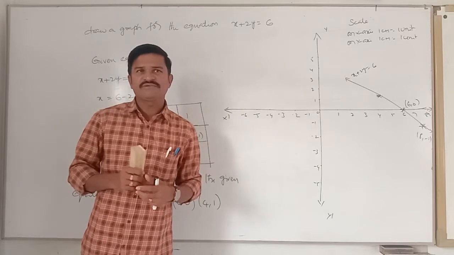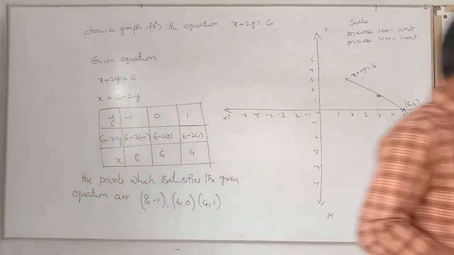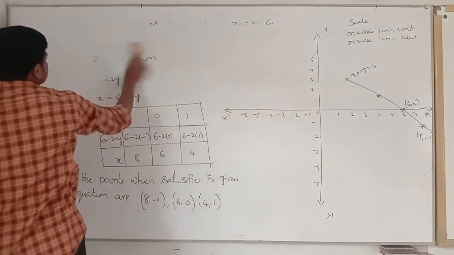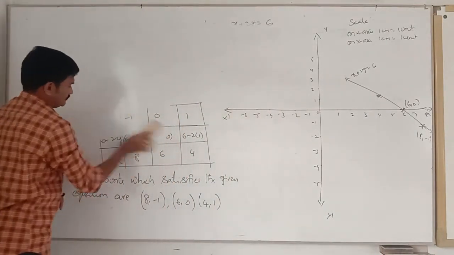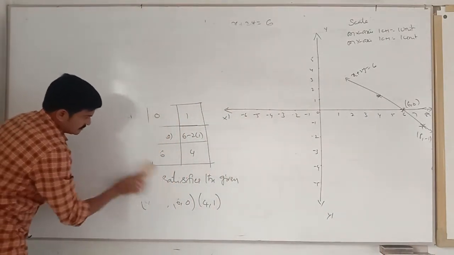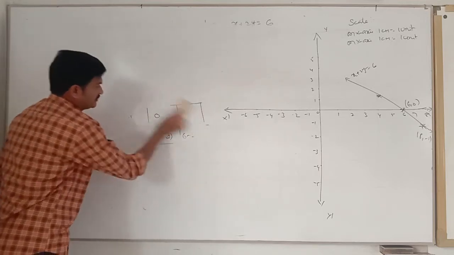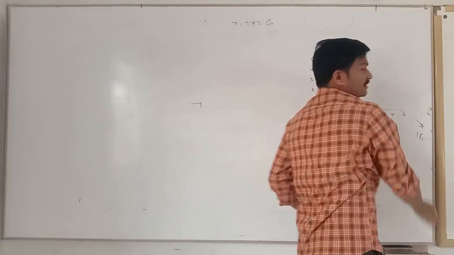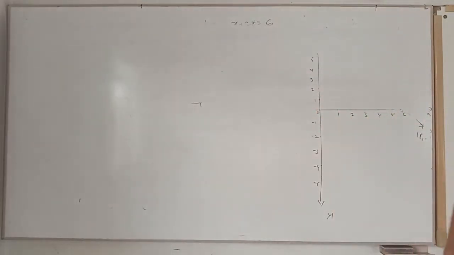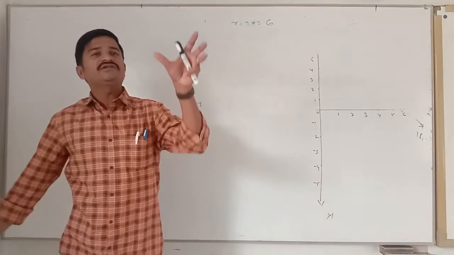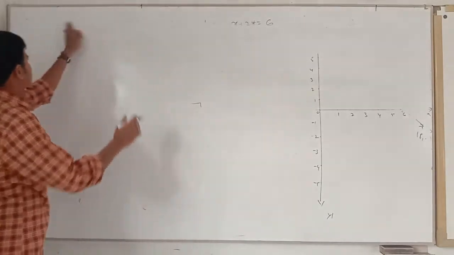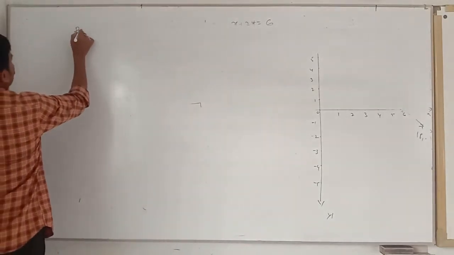Let us have an example. He will give one situation, and based on that situation, we have to prepare the linear equation. Suppose one question is given. What is that? Ramu